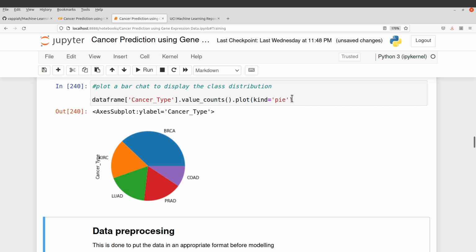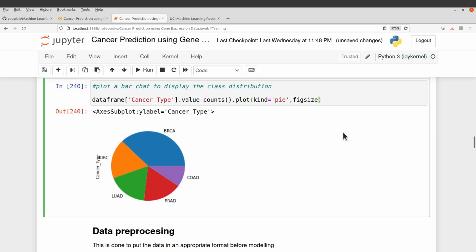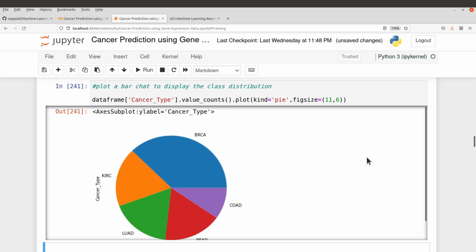You can even modify the figure size by specifying figsize equals, and you specify the dimension that you want and then run it. So the figure size will help you to modify the size of the figure. Just take note of that. You can explore and look at what works best for you. Just check the online documentation and you have lots of options available. So let's reverse back to the bar chart